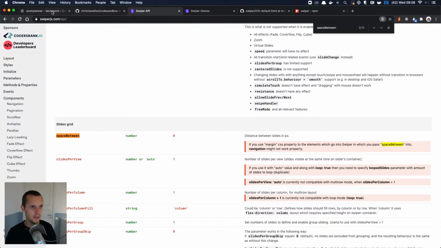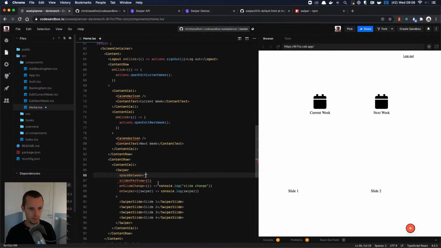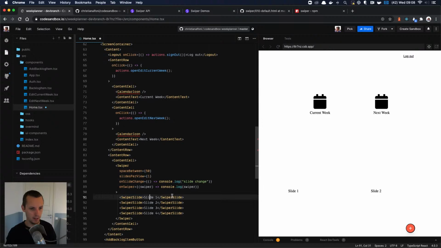Oh, wait. Is it because the slide itself should be... Okay, so if I say 50 here, and then this thing needs to be 100%. Maybe that's the thing. Let's just do this width. Well, it should be 100% though, because it's a div. Well, no, it's only text. Yeah, of course. Anyways, slide 1.